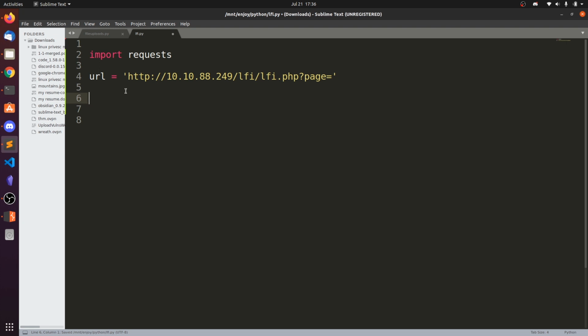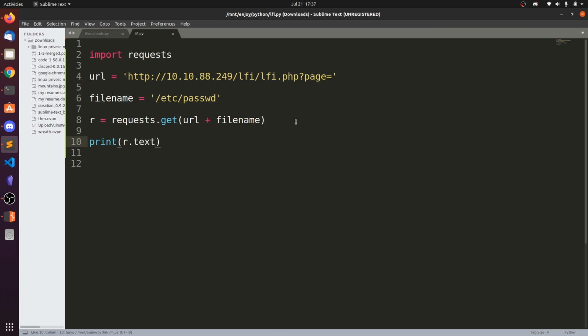So what we can do is, let's say filename is equal to, I want the etc passwd file, right? Now I can simply say requests.get. So this is the get method, URL plus filename. These two strings get concatenated and it will be the full URL, and I want to print the result.